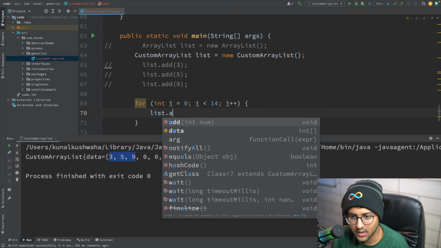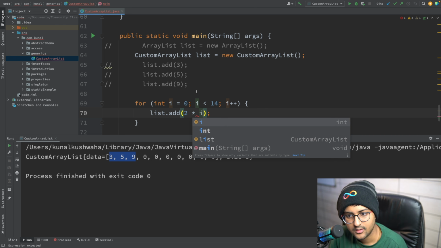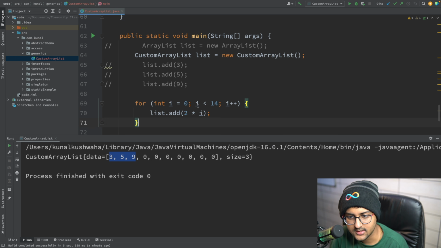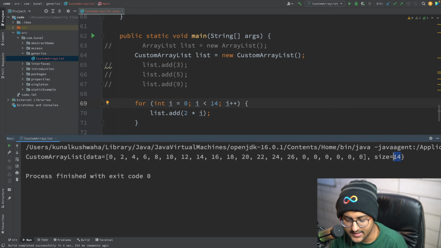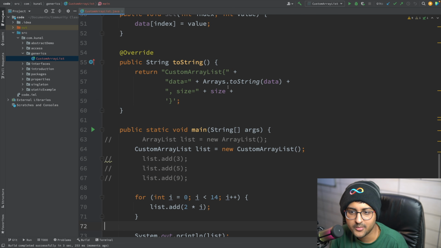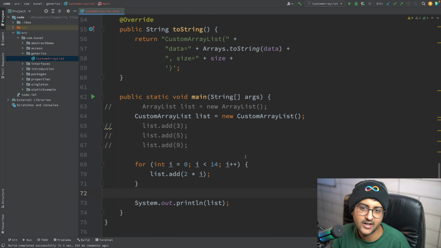Okay, so I can say list dot add 2 into i or something like that. Now it will insert the first 10 items, then it will double it, then it will add 4 items. Total size will be 20, but here it will only show us 14, because it is going from 0 till 14. So the last index it's going to is 13. So as you can see, in reality it has 20 items, but it's saying it's 14. So size basically means how many you have inserted. Now you can modify it yourself and just print it, just a simple for loop from 0 till size if you want, right? How hard would that be?